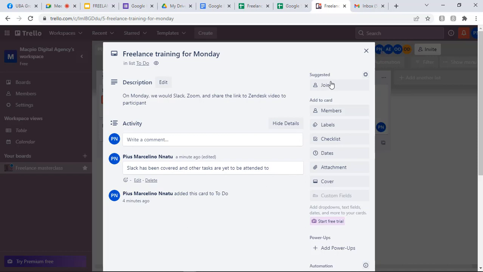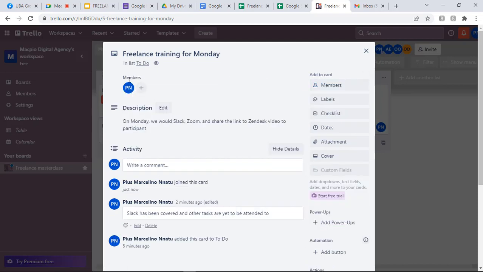So that said, let's now head over to this part. This is where we can add people. For every card you create, you would ordinarily be found in the card. You who are the owner of the workspace, you'll be found in the card. That's why you can see me here. But it does not mean that I have joined this card. So to join this card, I need to click on join for my name to be on this card. So here I will click on join, and you'll see my name pop up here,